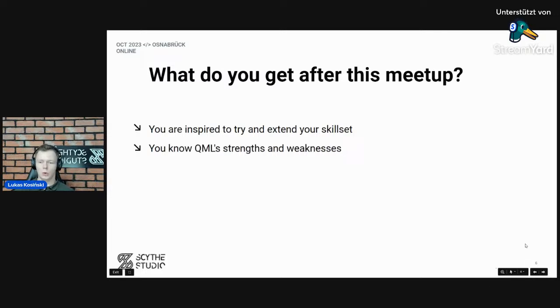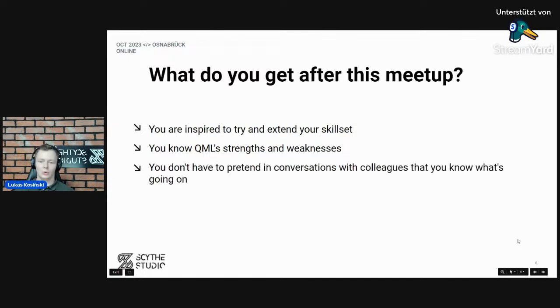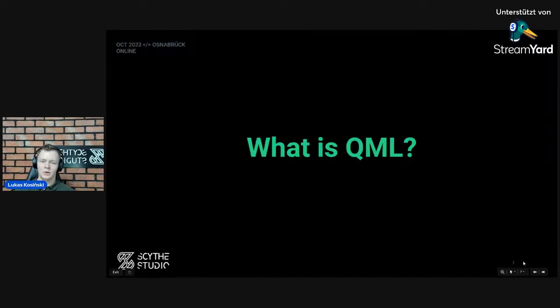I also want you to know QML's strengths and weaknesses, and I don't want you to have to pretend in conversations with colleagues that you know what's going on with QML. I want you to understand what QML is and to understand what others are talking about. So again, we'll not learn how to actually code with QML, but I think that it would be a nice thing to start with. So first element, what